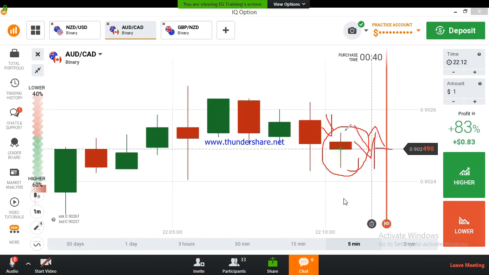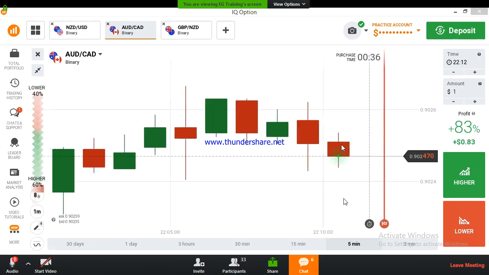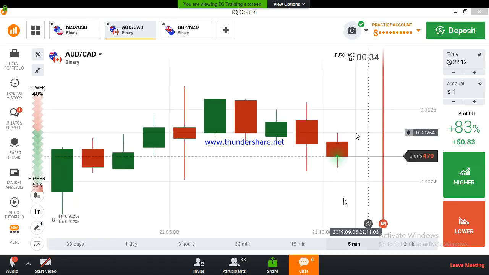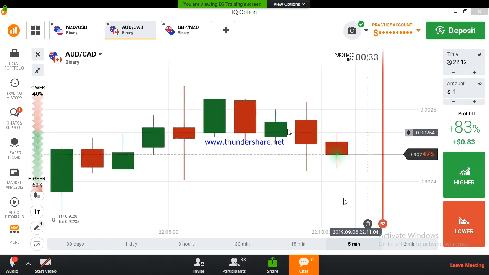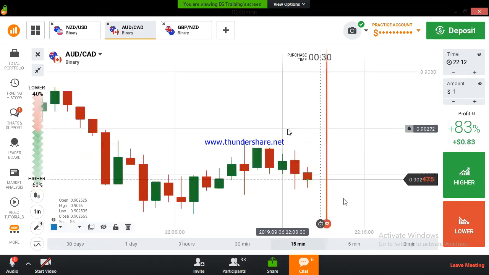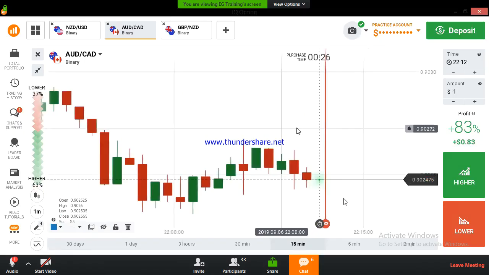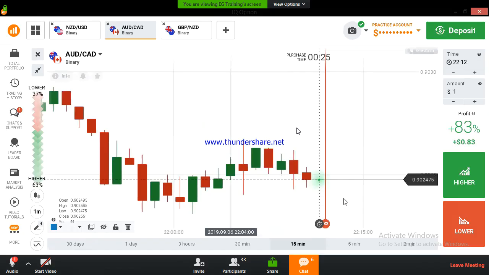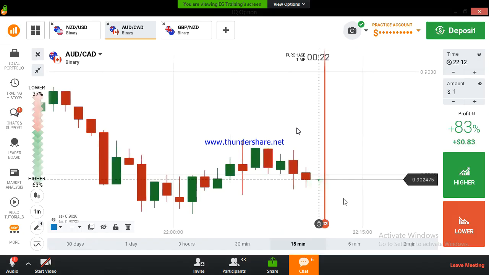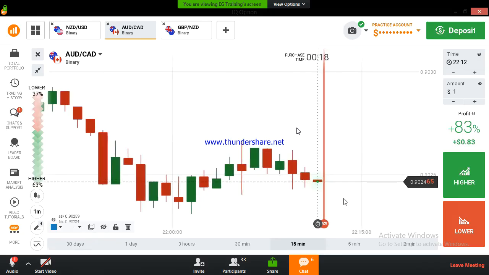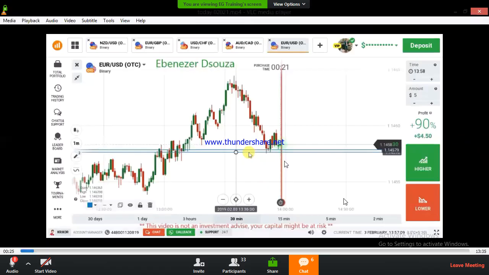If I get any confirmation in the running candle, we don't need to take a confirmation in the next candle. But as newbies, always take a confirmation by seeing the 5-second chart, because you are a newbie. If you see a 5-second confirmation, then you will know what is happening in the 1-minute chart. Then you can easily identify the confirmation candles.